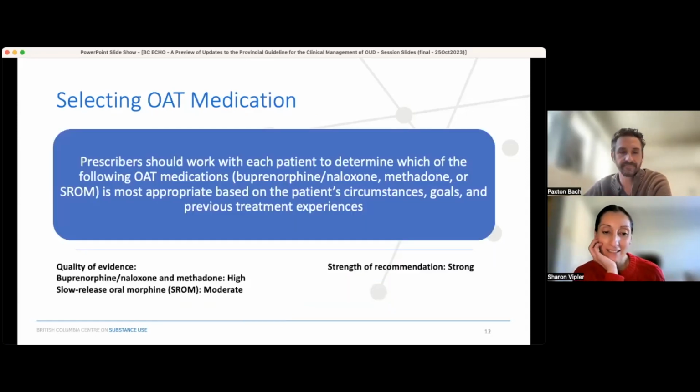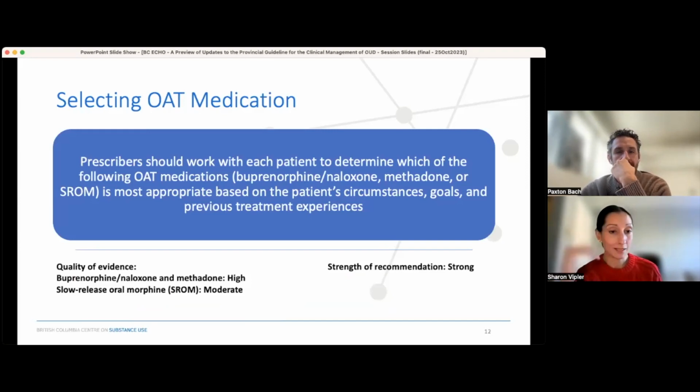So let's chat in a little bit more detail about the areas that Paxton had highlighted. So starting with selecting OAT medication, and really the idea behind this is that we're moving away from actually ranking OAT medications as first line, second line, third line options. Instead, the guidelines moving towards